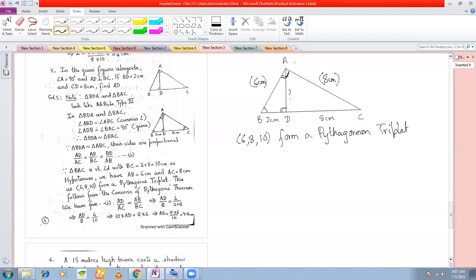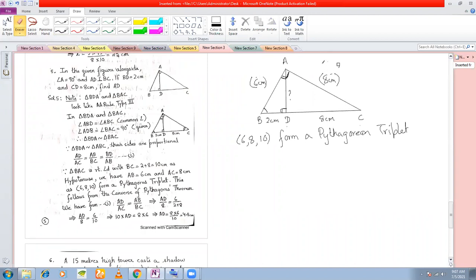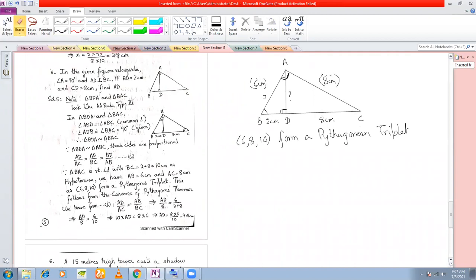You can take this length as 6 centimeters also, and you can take this length as 8 centimeters also. So either you can take this or you can take this. So let's continue with this measurement. That is, we take the length of AB as 6 centimeters and we take the length of AC as 8 centimeters. Fine. So now once we know all these lengths, we can prove similarity in triangle